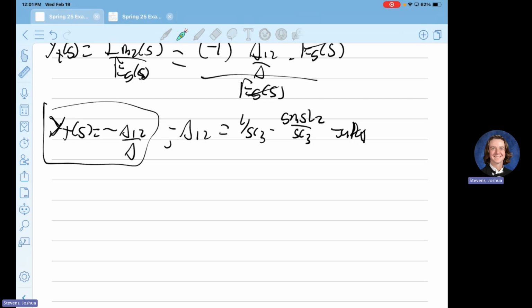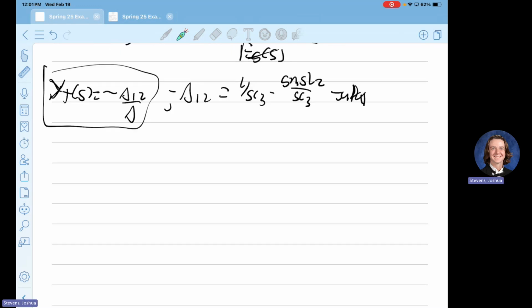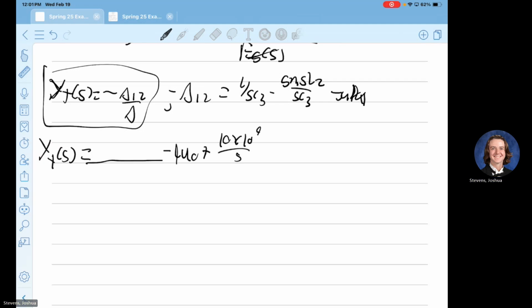So yeah, if you have any questions on what I did in terms of derivation, just let me know. I'll go to this form here. Okay, so YT of S, when we do our derivation, as a fraction, I get these values: negative 940 S plus 10 times 10 to the 9th, over 47 times 10 to the negative 12 S